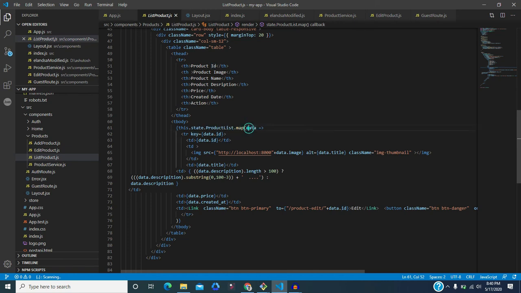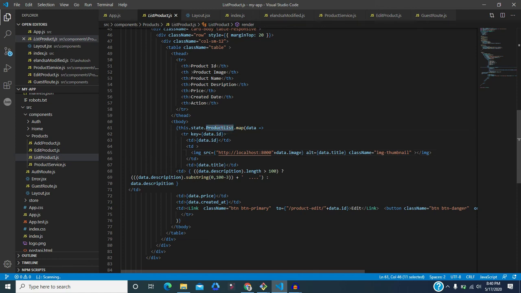Through this data we are getting the id and assigning it to the key, and again with data.id we are showing the id. Then here the image: this image is returned by the API and is stored in the product list.